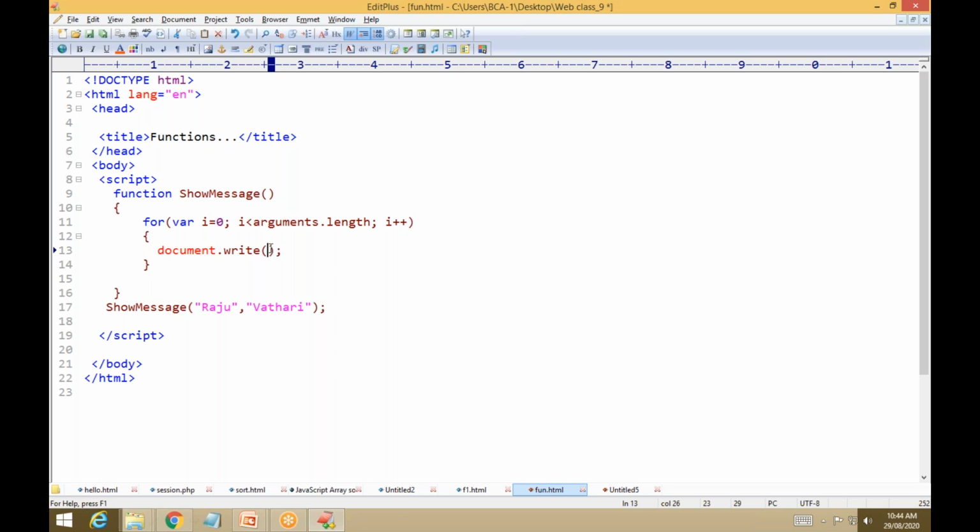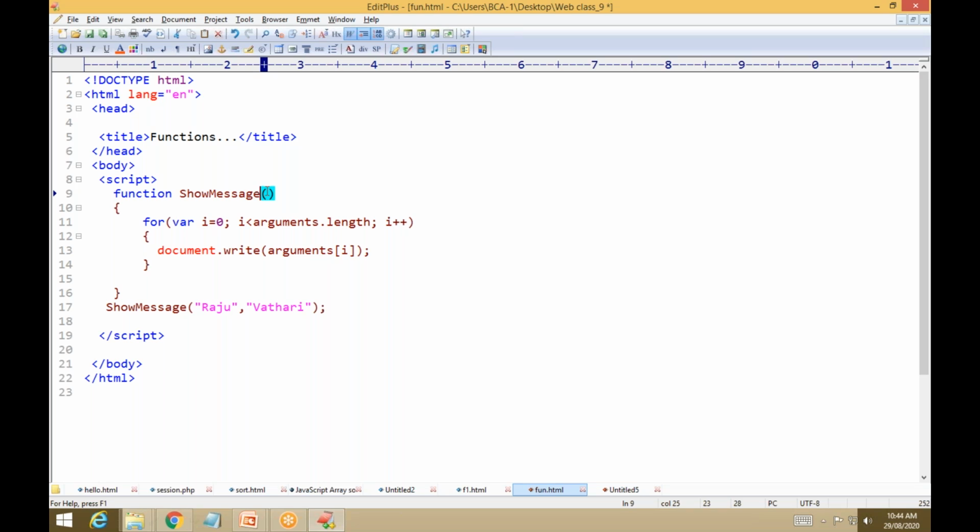In that, what you have to write? arguments[i] value. Because it checks which arguments we are passing to this function definition. But here I didn't mention any parameter.